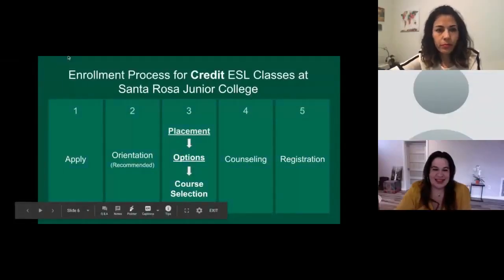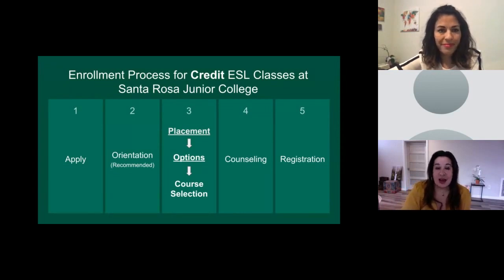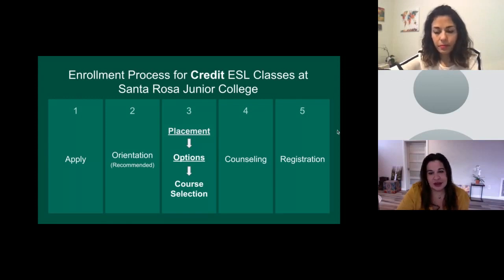Great, thank you. So they see the options, and basically they have two options, and they can do one or the other, or both. Once they go through those options, then they get to the point where they indicate their course selection. And following that, we recommend that they meet with a counselor to make an education plan and to see what courses are available in the level that they've chosen. And then we offer support with registration.